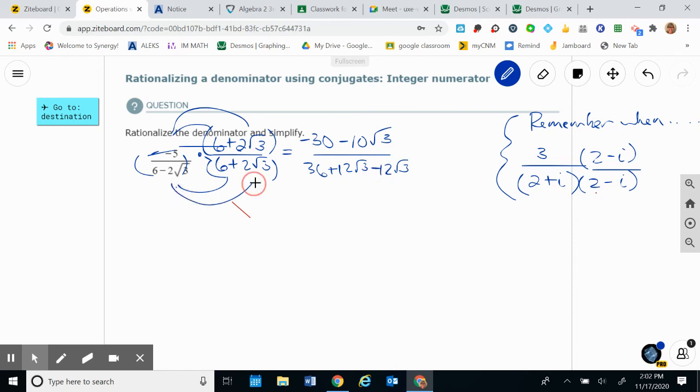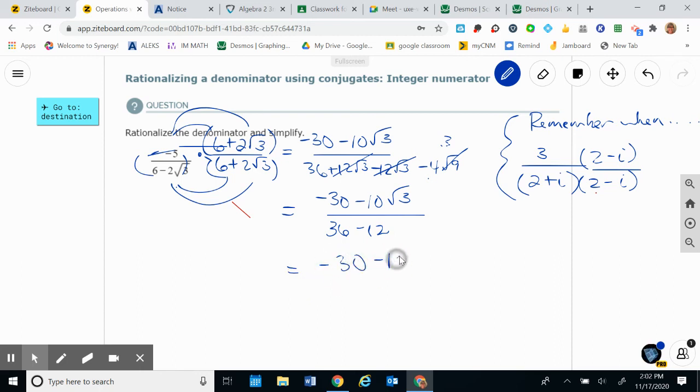And then the last number is going to be minus 4 times root 9. These two will cancel always. They're always going to cancel, you guys, because that's the whole point of doing this. Negative 30 minus 10 root 3. No, you can't add them. The square root of 9 is 3. 4 times 3 is 12. So I get 36 minus 12, which is equal to negative 30 minus 10 root 3 over